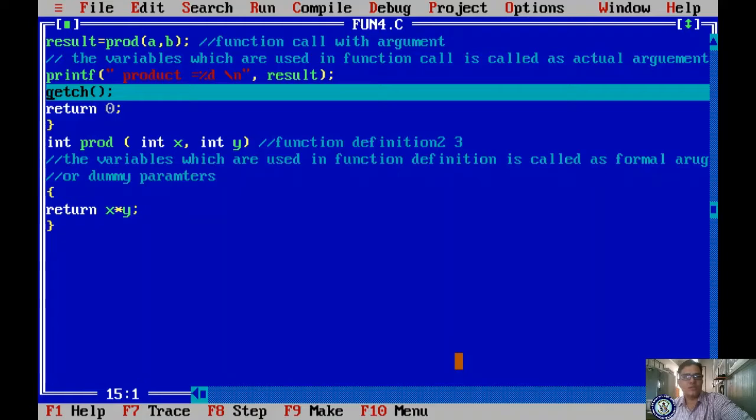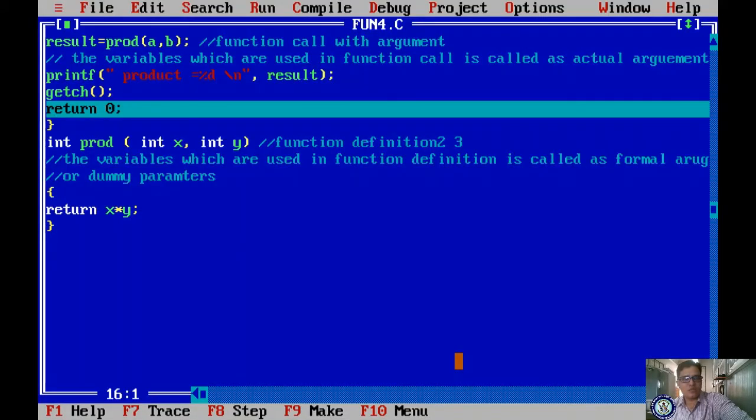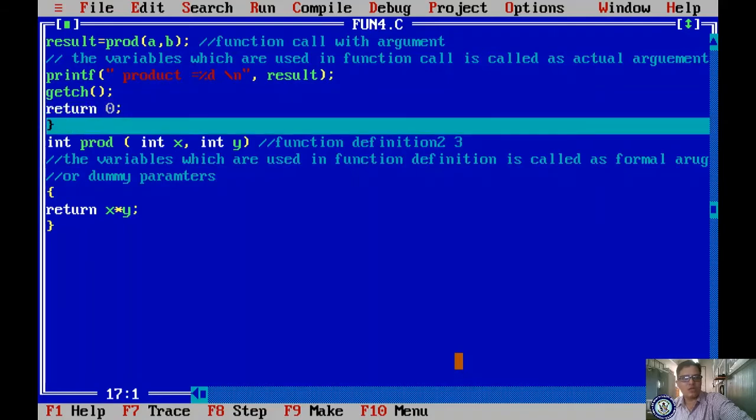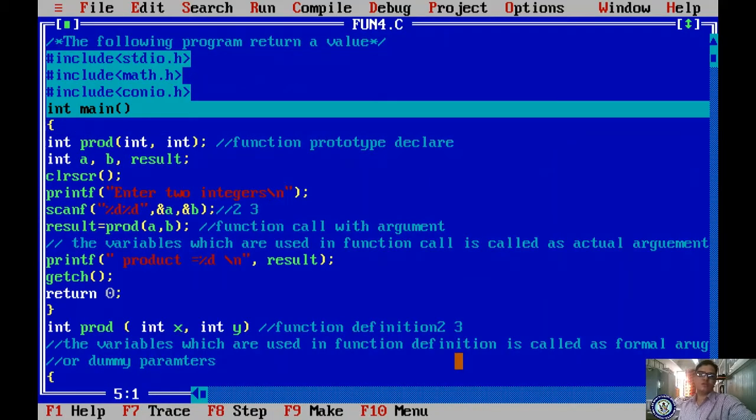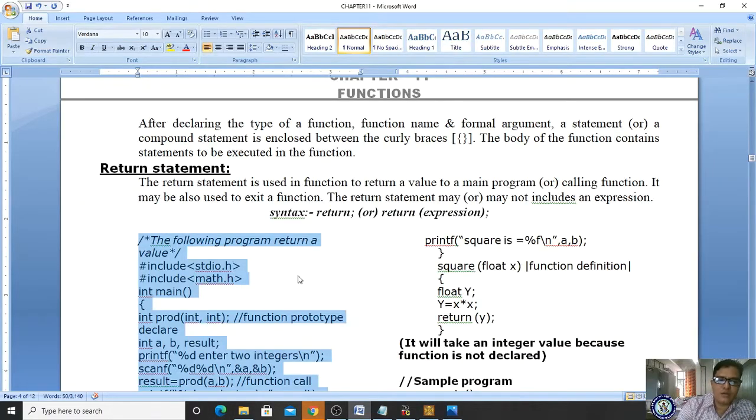After that you are getting ch, that getch value will come, right? And please observe here, return 0 returns the value to the main function, hence it comes back to your main function. Got it? So likewise you are executing. What is the purpose of the return statement? The return statement is used to return the value to the calling function, and main function.